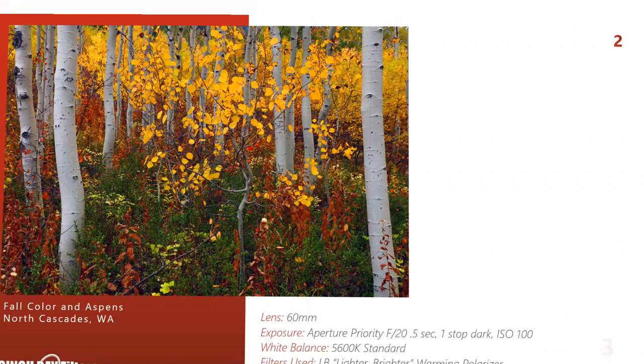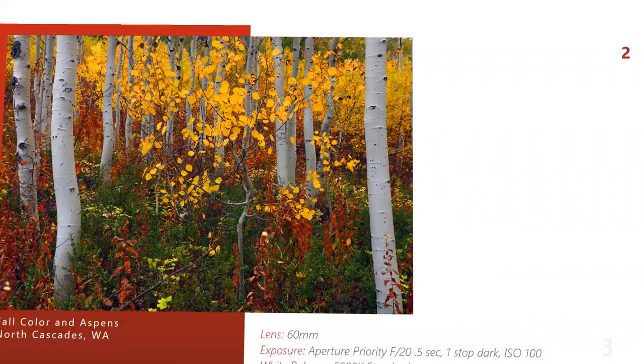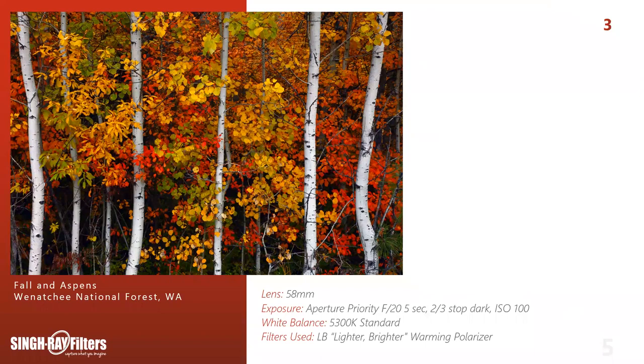And then we had someone ask, can you explain the Light Bright warming polarizer? Oh, sure. This day and age, since you can control white balance in a camera, you're perfectly okay to use a regular polarizer. But some of you might have noticed that a regular polarizer sometimes can put a blue tint on your photos. Particularly these white bark aspens might have shown a little bluer tint, meaning I might have had to warm up my white balance a little to offset that,